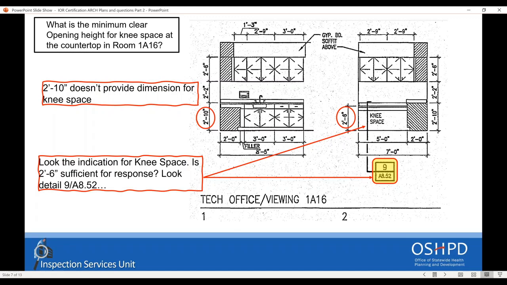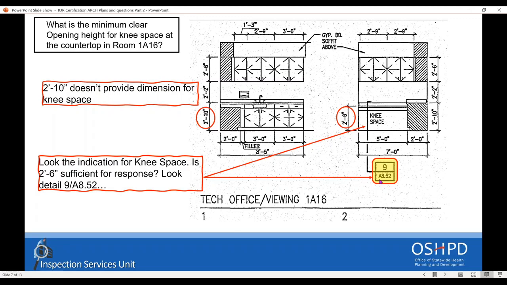And do not rush to give the answer. The vertical dimension is what you need to look for, the height for the knee space. You can see different information. You see the 2 feet and 10 inches, and you see the 2 feet and 6 inches. And most important, you need to look at another callout, and it is highlighted in yellow. And it is the detail 9 in